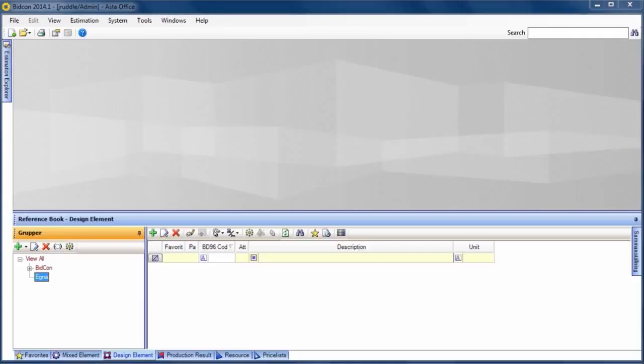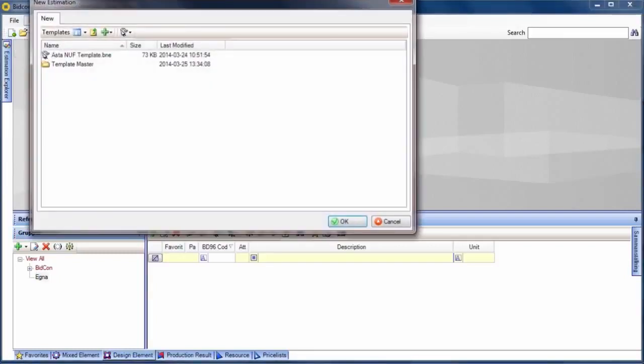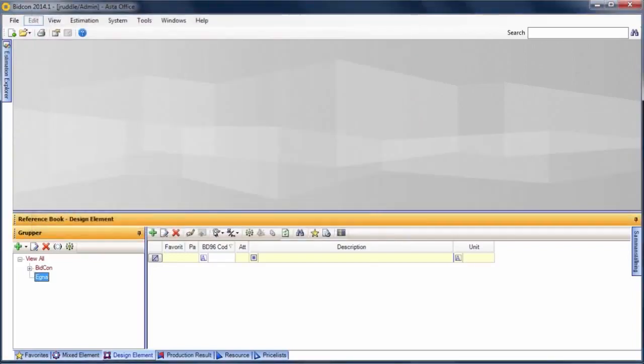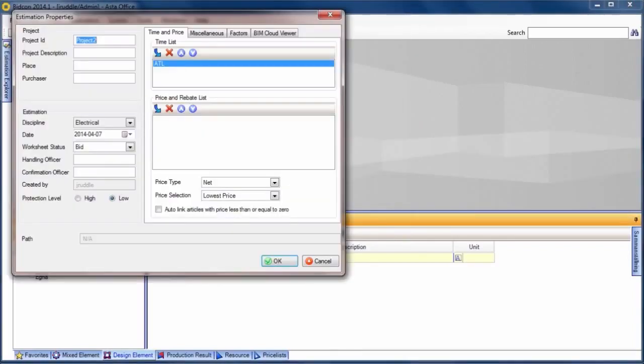We're now going to take that file from the Eleiko BIM cloud and use it within the estimating software. Now the software I'm going to show today is Bidcon, so it's another group product from the Eleiko group. So first of all I'm going to start a new project and I'm going to use a template. I select this project and it's then going to give me the ability to actually bring in the IFC data from the CAD model. So first of all I'm going to give it a project name